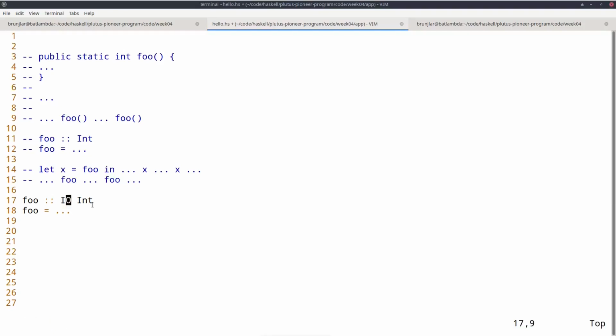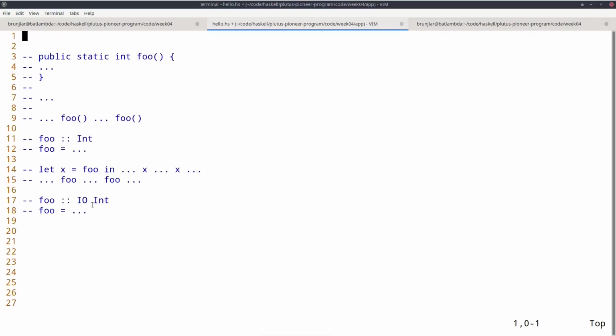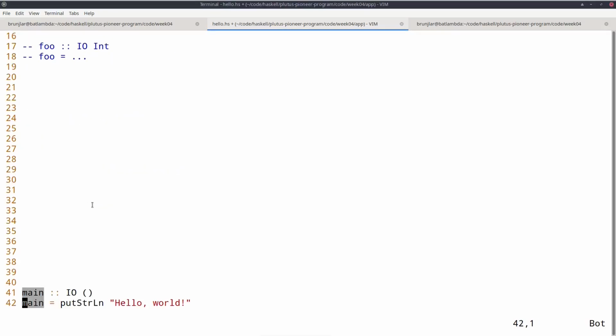So the hello world in Haskell looks like this. So you need a module called Main, or in case of the Main module, you can also skip the module header. And it must contain a function named main, and the type must be IO unit.